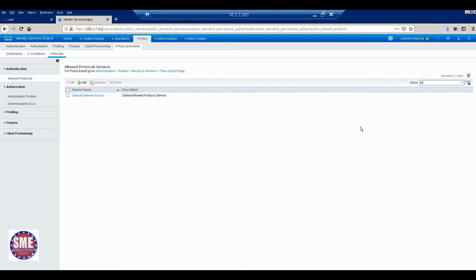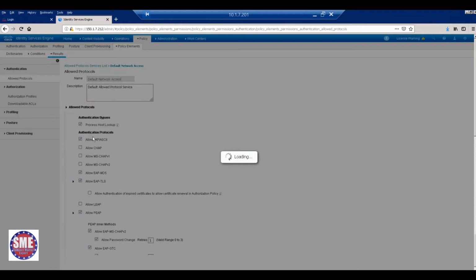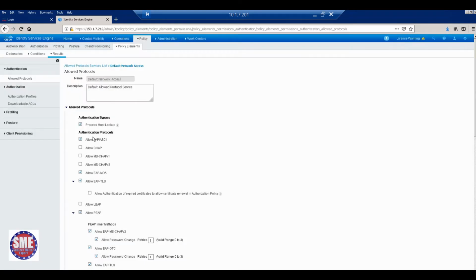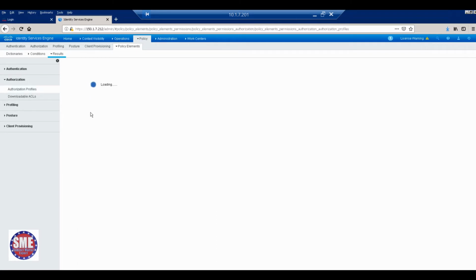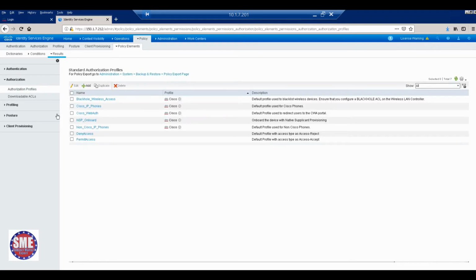This is the result we will call for the authentication. We don't have any extra rule. That's why we follow this one, default network access. So all the authentication rule results will be default network access. That's why we didn't create anything extra. But when it comes to authorization, we have two main profiles. One is permit access. Another one is deny access. That means on authorization success, we can block it or open it.